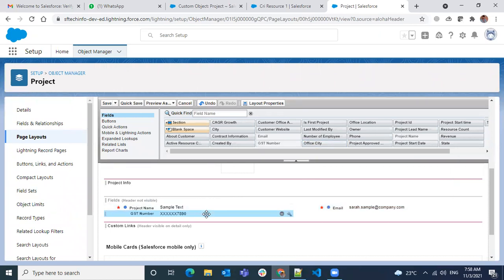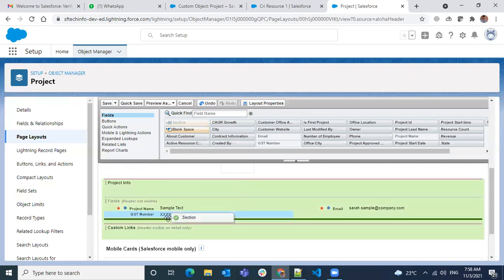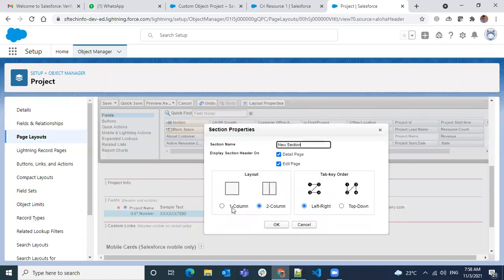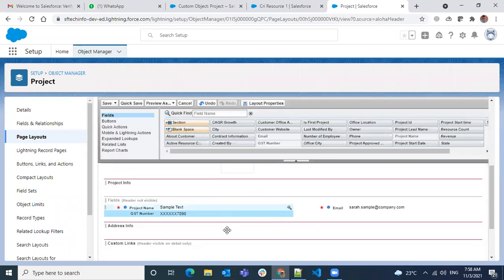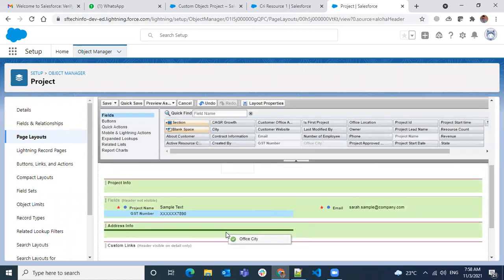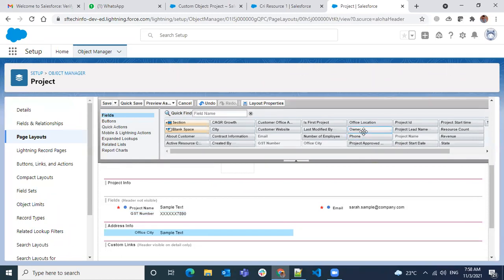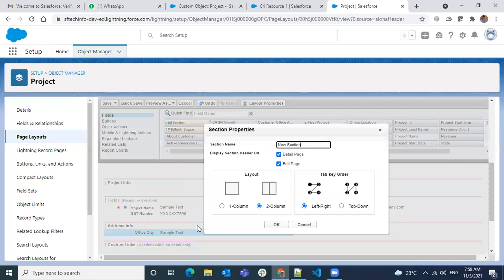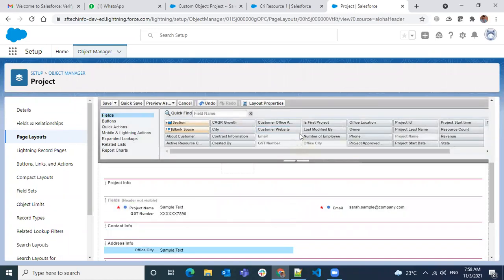I want to add one more section here next to it. Call it address info, and I'm doing a save. So address like office city, and I want to add one more section called contact info, and then save.